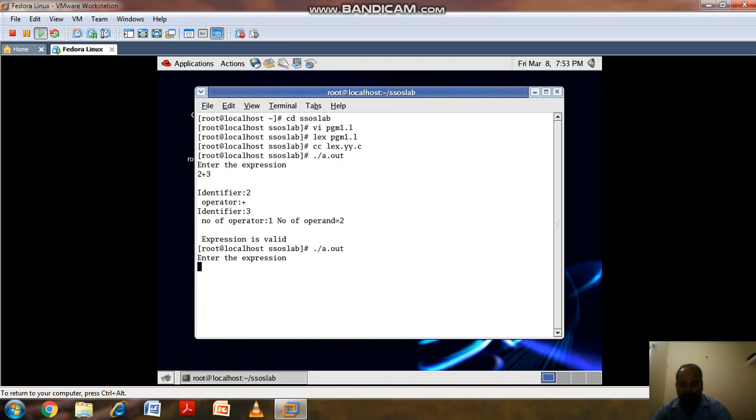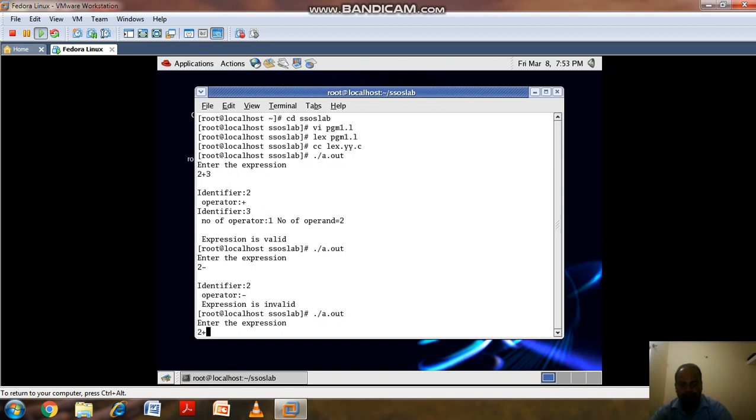Again, suppose 2 minus. Let us see. 2 is an identifier, the operator is minus, and again Control D, it is invalid because this is an invalid expression.